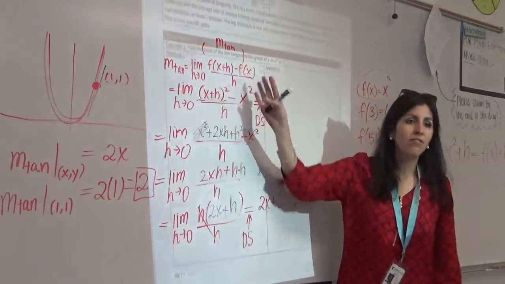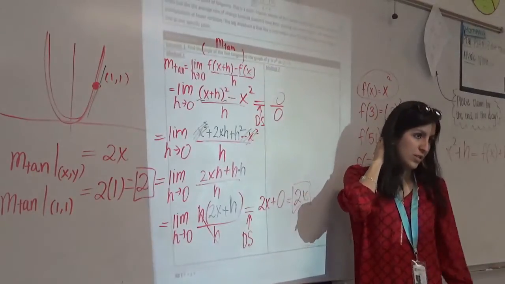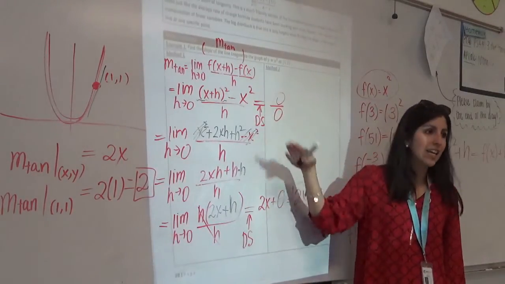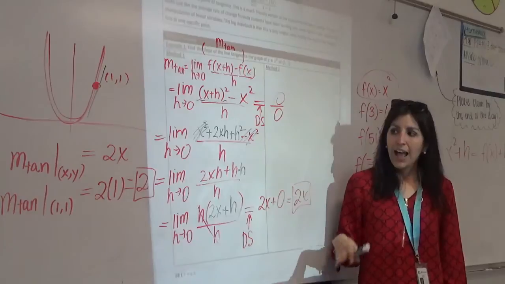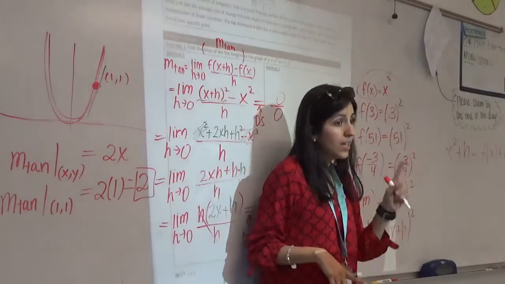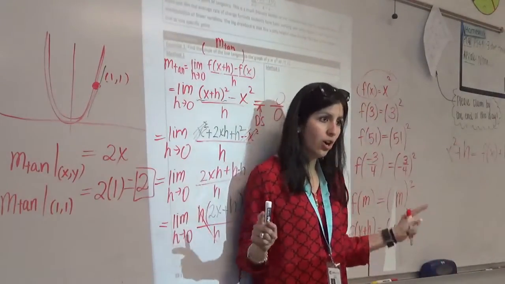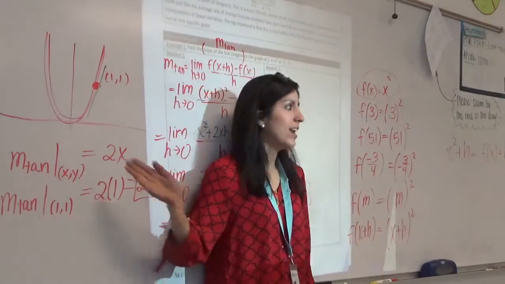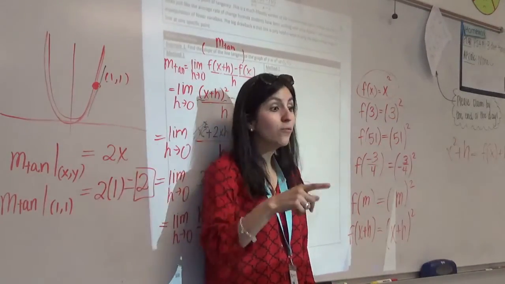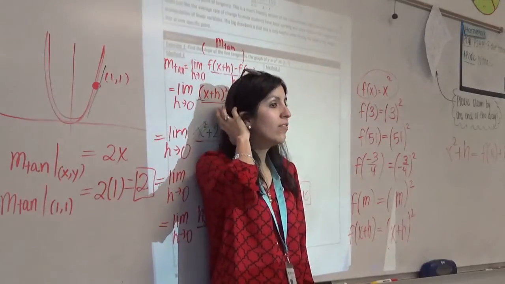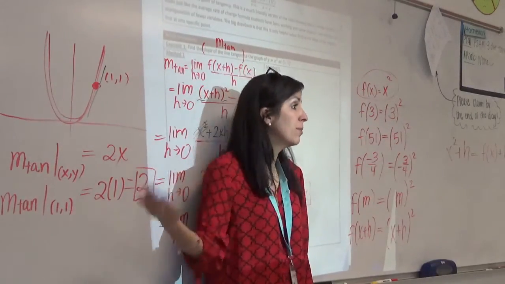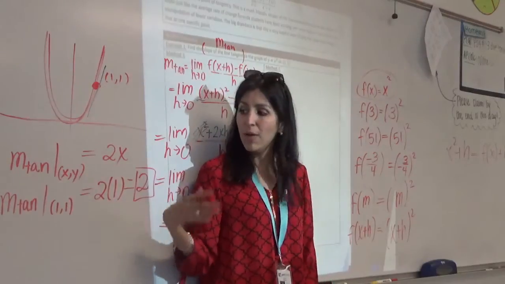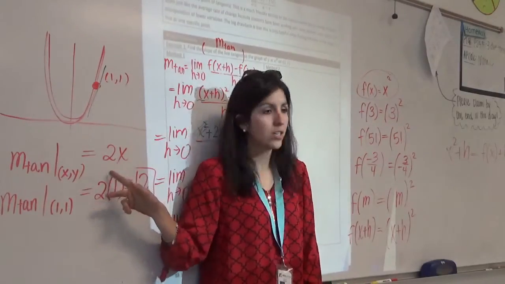The reason I love this strategy versus the one we're about to do in a second, if I can dig through all the math, I have now done one limit problem. Was it intense? Sure. But I did one limit, and I can now find the slope anywhere I want. Because if you've previewed your homework, I give you one function, but I ask for the slope in a couple of places. So now if I wanted to do the second part, I could just plug into 2x and get